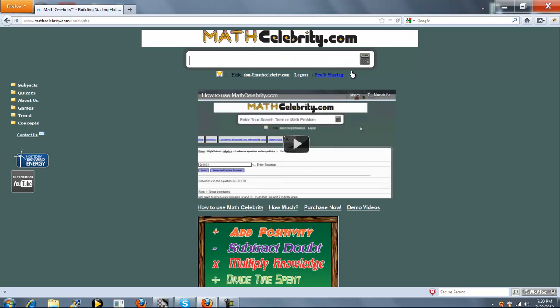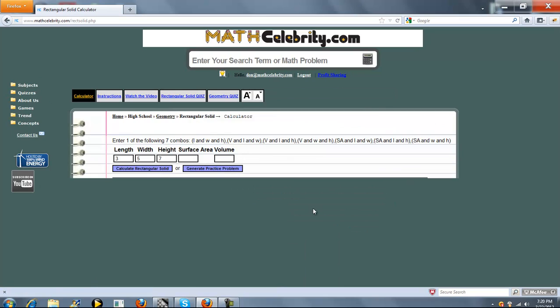This is our rectangular solid calculator for mathcelebrity.com. To get there, you type rectangular solid. So the calculator has 5 entry boxes, and the directions tell you you can enter one of the following 7